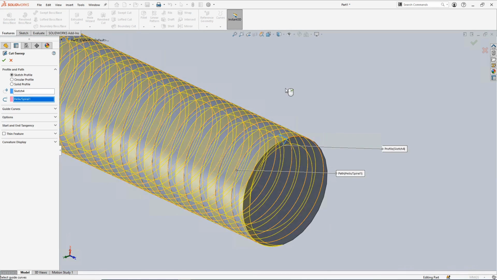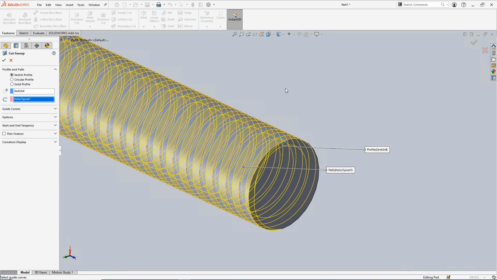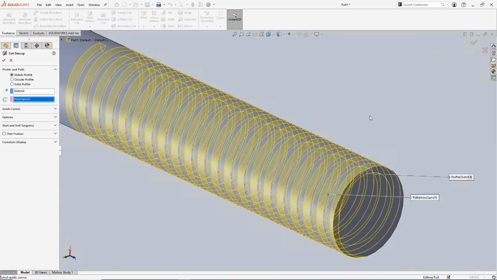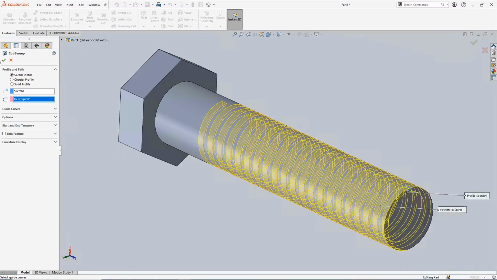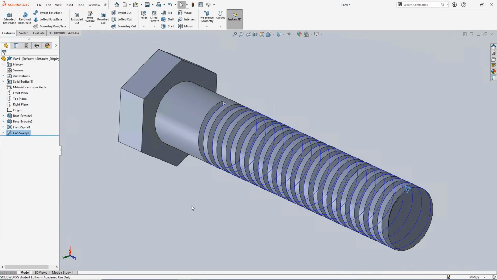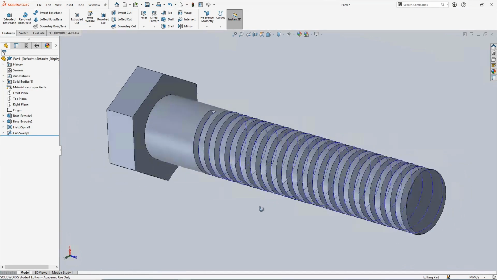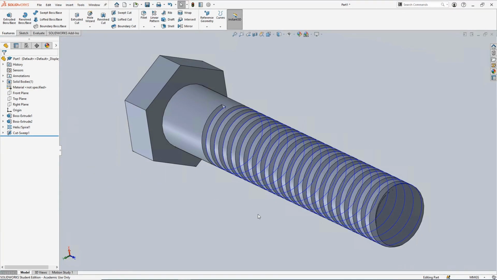Okay, here is the preview. I'll just zoom out slightly so that we have a clear view of what the end result would look like. And I'll click OK. And that creates a simple thread cut. But again, as I said earlier, this may not be the best way of the model and accurate 3D